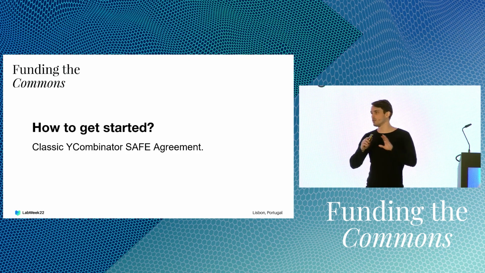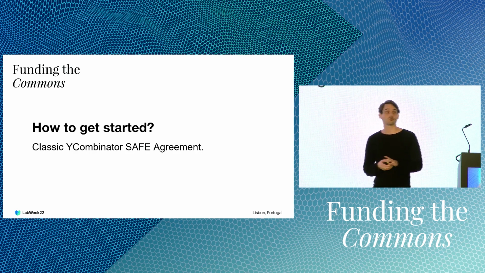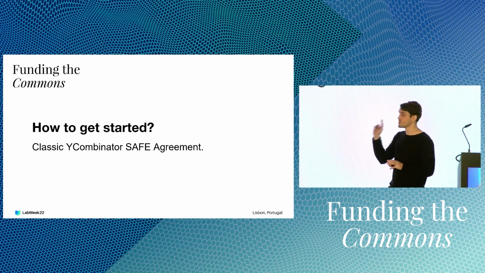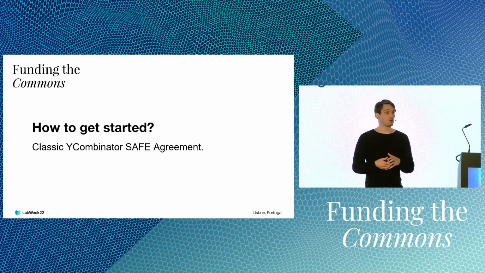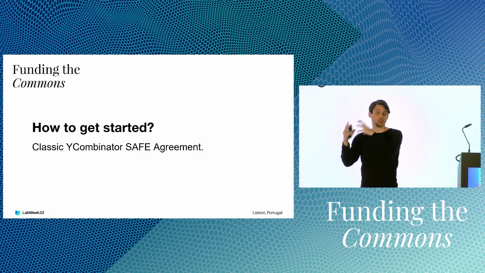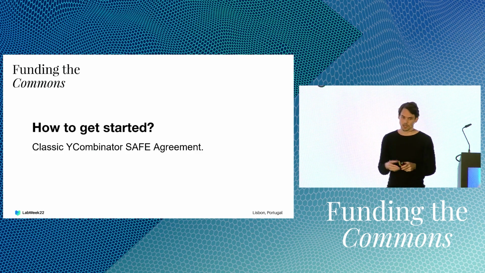So this means you don't need to reinvent any new legal deals. You just use what's already there. You don't have extra costs for running with this model. And with the SAFE, it's also really important, you buy yourself a lot of time. Because the SAFE agreement inherently gives no voting rights to investors, which is really important in a situation where you want to yourself still figure out how do we value the company, how do we do the redemption, how are we setting up that legal structure that is a bit more complex than the classic equity agreement, and you don't give investors the power to interfere in that process from a legal point of view.